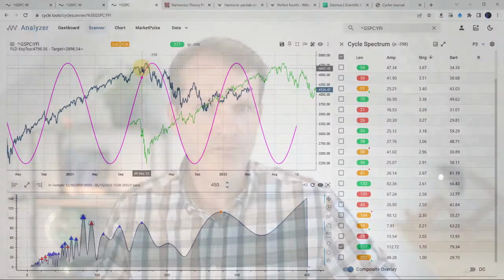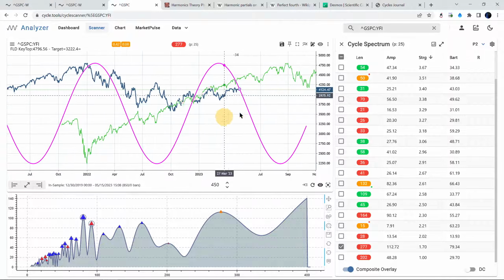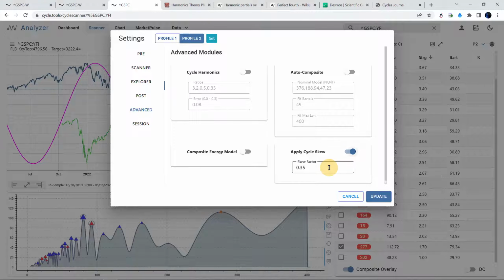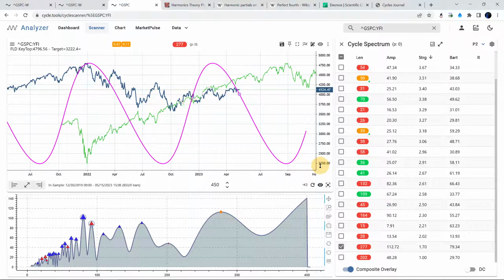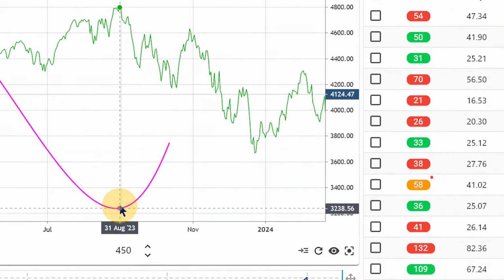We can use the same analysis now between the FLD and the price. I will leave this up to you then in a later stage, or you can do this on your own. But we can apply now the same skew factor we have detected on the weekly. The same will be detected on the daily, so we need to apply the skew. So now here we have the daily harmonic related cycle to the dominant weekly cycle skewed with the same amount here, which gives us the current projection on the daily time frame here. And this is what we are looking for.